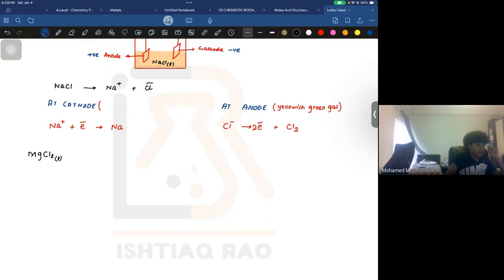And then at the cathode, magnesium 2 plus would react with